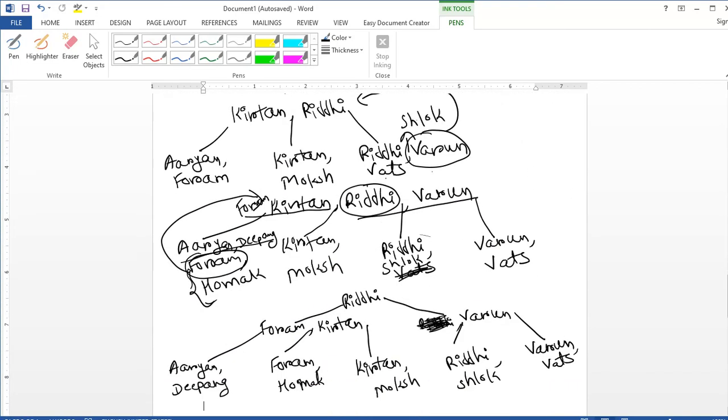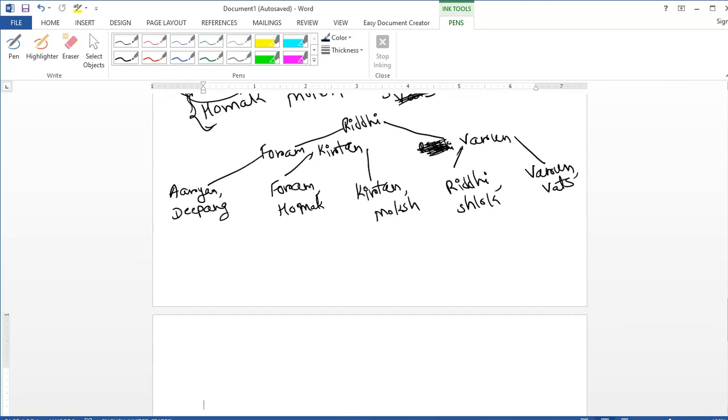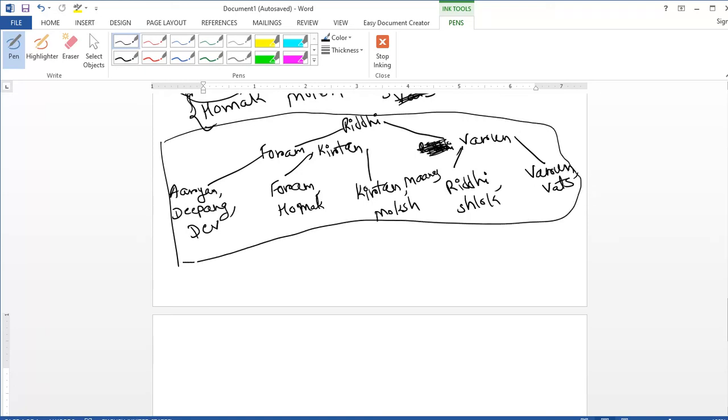Okay, and the next value is Dev, right? Yeah, Dev and then Manas. So Dev will be inserted after Dipang, no problem with the insertion, and then the last value is Manas. So Manas will be inserted after Kirtan. So this is the final tree. Okay, the final tree, you can check your answers. This is the final tree, an order 4 tree. This is order 4. Fine.